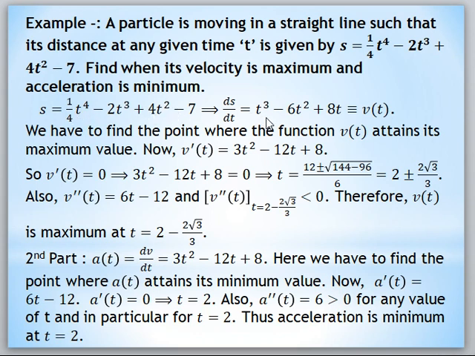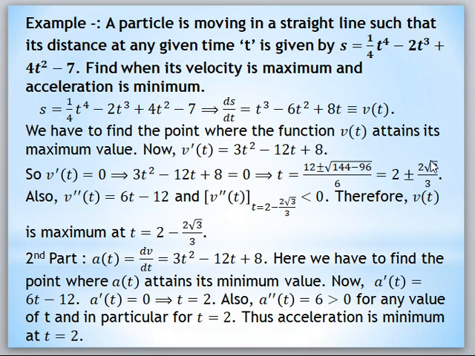So we got it as t cube minus 6t square plus 8t. This is your v(t), আমরা এটাকে v(t) বলছি, the velocity function, এবং এটাকে আমরা ম্যাক্সিমাইজ করব। So we find out v dash t, that is dv/dt, যেটা আসছে 3t square minus 12t plus 8। এবার টু গেট দ্য টার্নিং পয়েন্টস আমরা এই v dash t কে জিরো করছি, করে সেখান থেকে আমরা t এর দুটো মান পাচ্ছি, t is equal